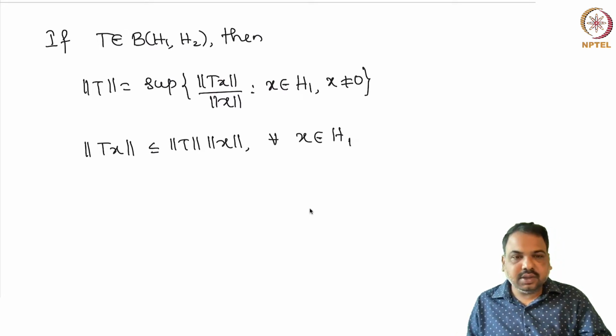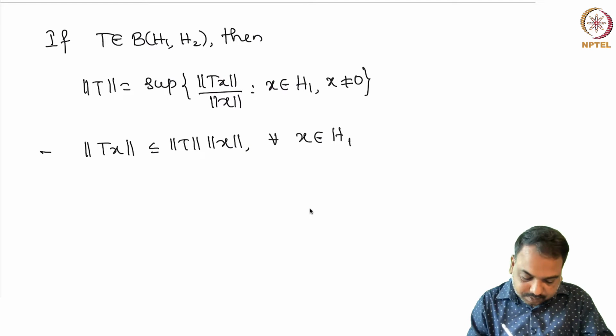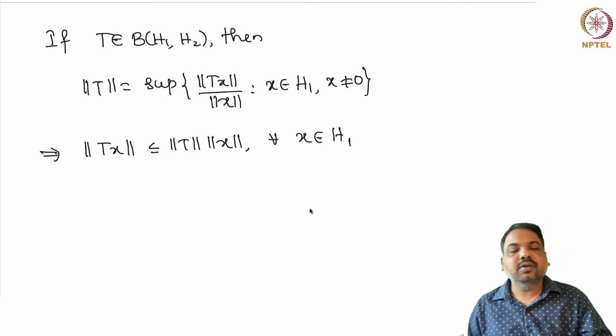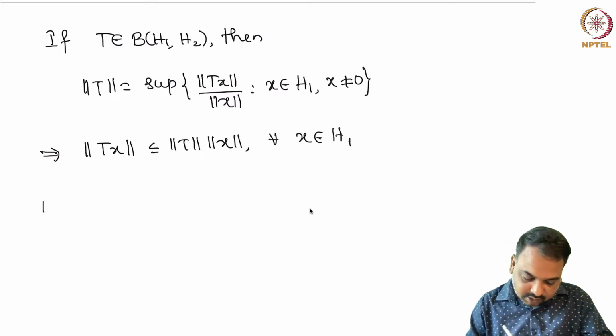In the earlier equation, we have assumed that x is non-zero, but the latter inequality is also true for x equal to 0. Hence, we can conclude that this is true for all x in H1. So, in order to find the norm of the operator, what we have done was we found some k. So, the first step to find the norm,